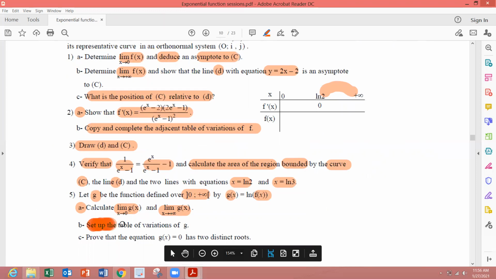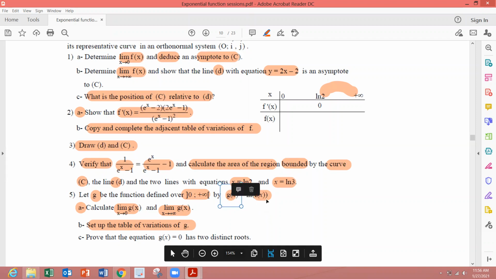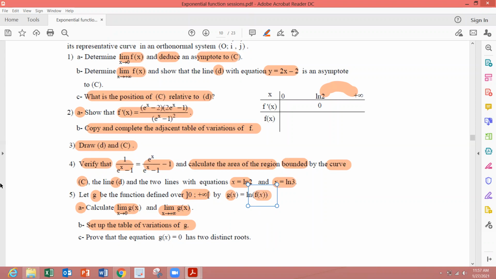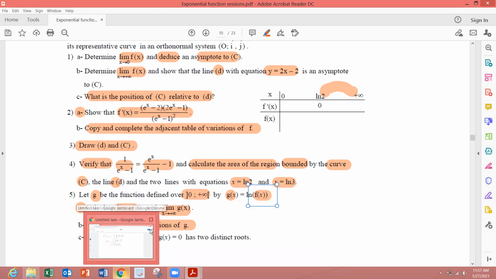Set up the table of variations of g. How to set up the table of variations of g? What is g prime? If we are going to calculate g prime, what will g prime be? ln f, prime. Oh, the derivative of ln u. What is the rule for the derivative of ln u? 1 over